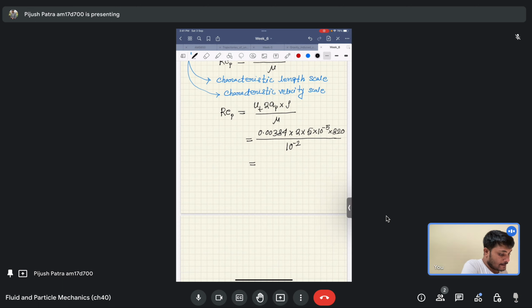Okay, so 2 into 5 into 820 is equal to this, into 10 raised to minus 3. So it is coming as